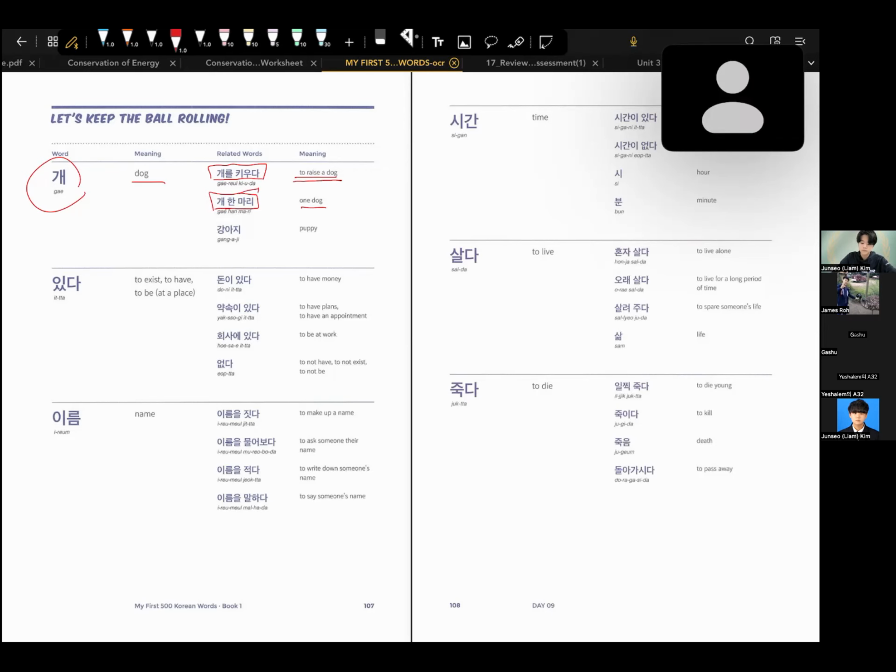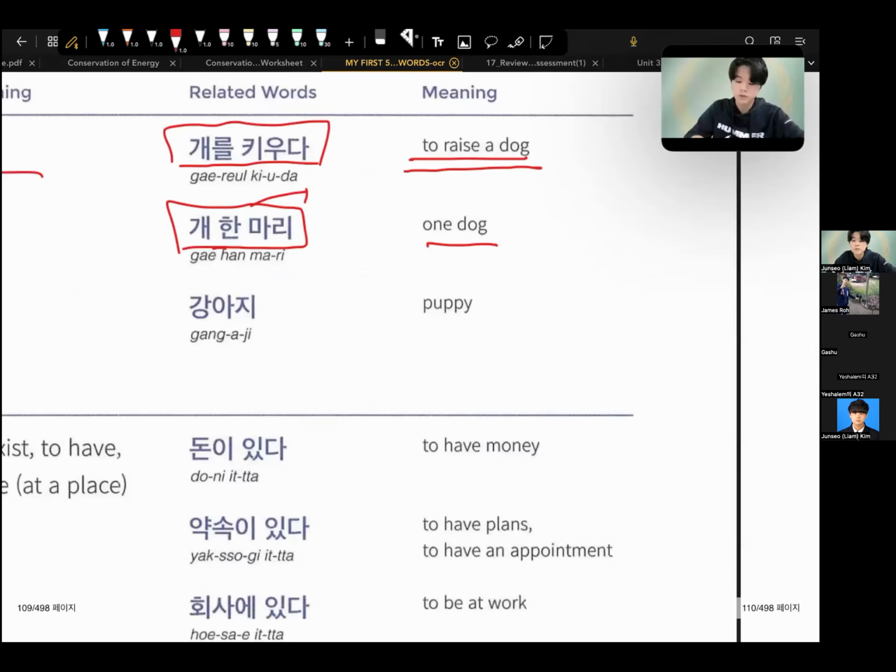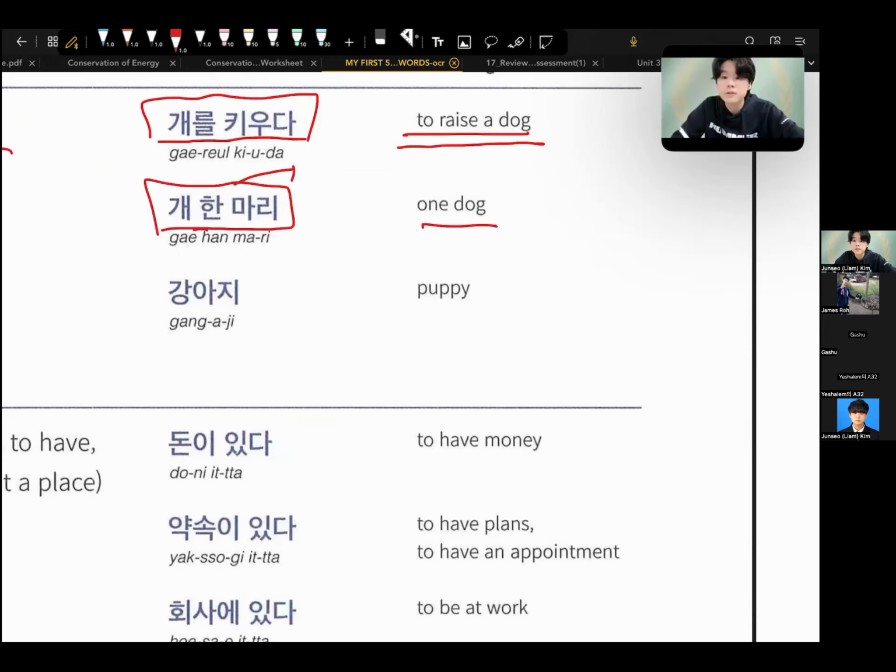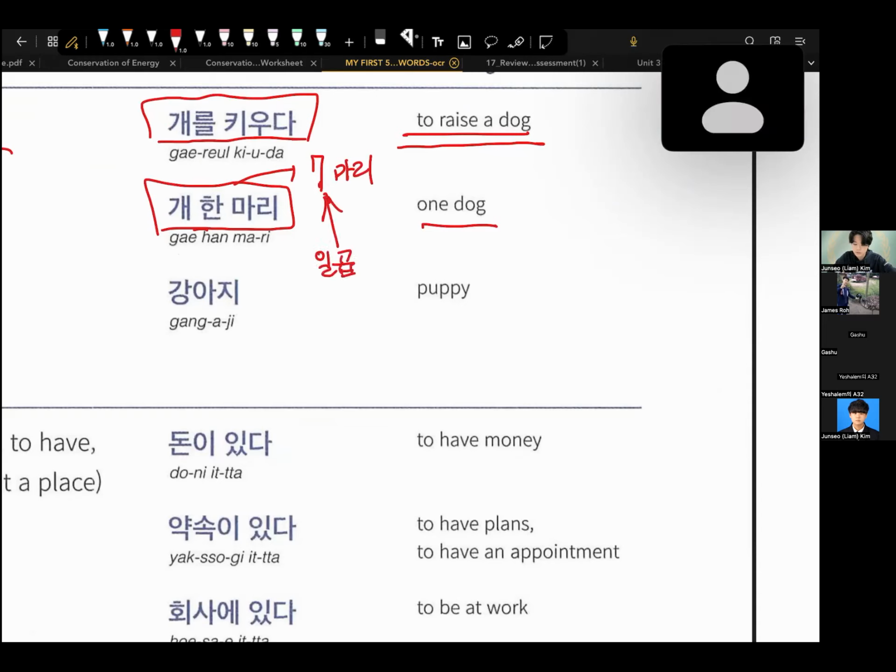And when you're counting animals, for example, when you want to say there are 7 dogs, then you should say there are seven 일곱 마리. Yes, you're right, Daisy. 7 is 일곱 in Korean. So if you want to say there are 7 dogs, then you should say 일곱 마리, right? So 마리,